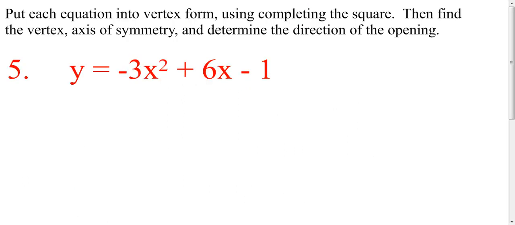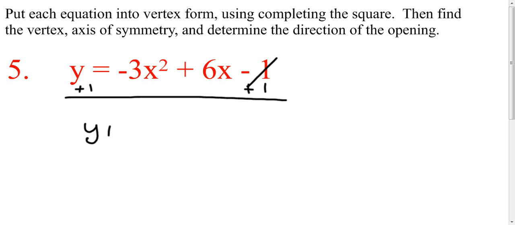Okay, then we'll do one more where we practice completing the square. This time my a is not 1, so that makes it a little bit trickier to complete the square, but we can do this. All right, so we are again going to leave the x's on one side, take anything that is not an x, and move it to the left. So I will add 1. That drops, and I have y plus 1, and then I'm going to put a blank on each side again,